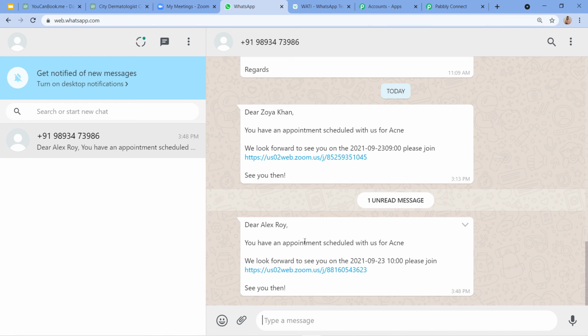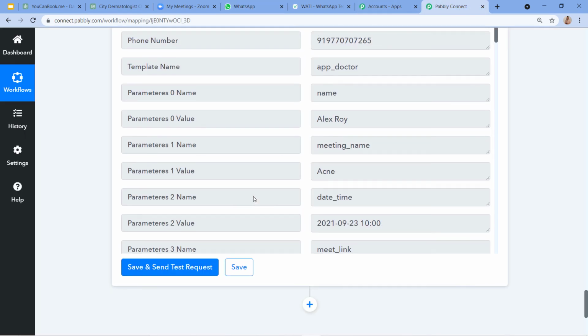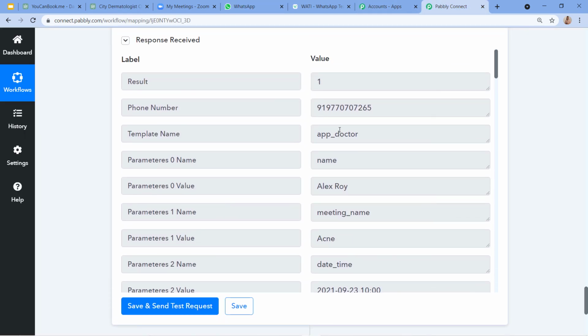Here I would like to tell you one more thing, do not get confused here, as I cannot show you the real patient's phone number here on WhatsApp. So that is why I'm using the same WhatsApp number, so that you can get the idea how this process is going to work. So this means we have created our workflow. Now let us check it in real time if it is working smoothly or not.